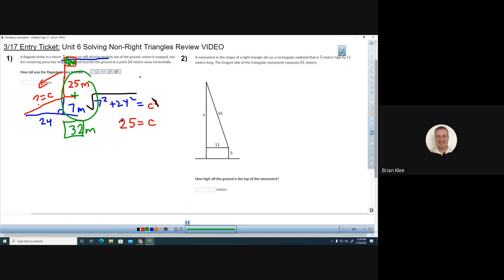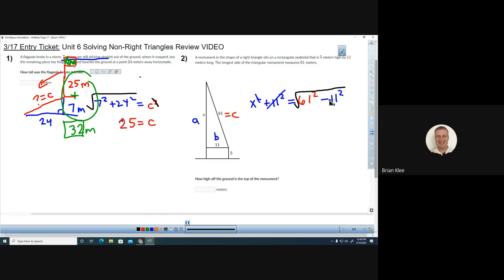On the other problem, it's actually very similar, except here's our C. Here's our A. Here's our B. So we got something like x squared plus 11 squared equals 61 squared. Once again, we're speeding up our use of this in geometry as opposed to pre-algebra. Opposite of 11 squared is minus 11 squared. Opposite of squaring is square rooting. So I am quickly grabbing my calculator and doing square root of 61 squared, the hypotenuse squared minus the known